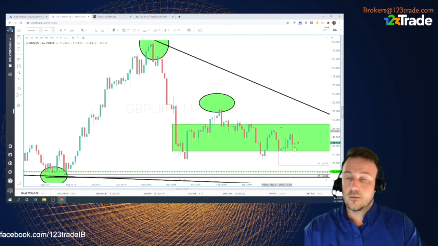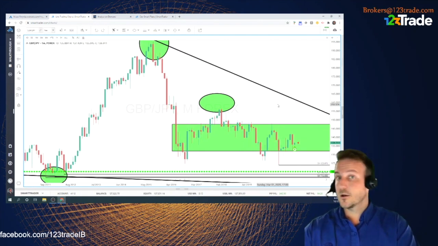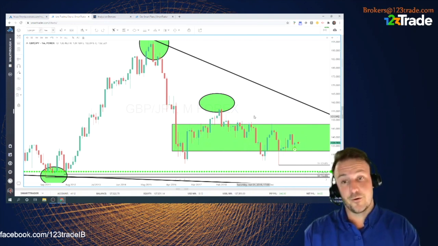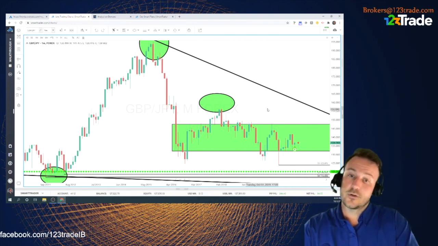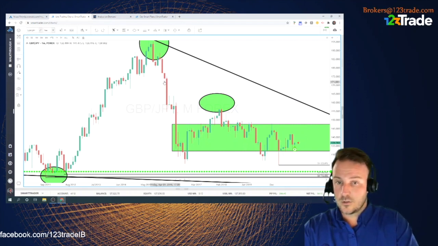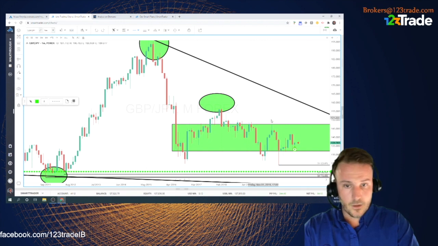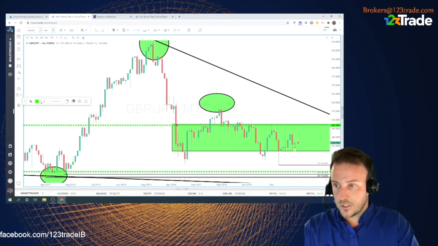So this may take some time for us to get there. It could get there next month. It could get there next week. It could be there tomorrow. So that's the cool thing about a pending order, is that I don't have to wait. So what I'm going to do, I'm going to go ahead and draw a line where I'm planning on getting in. And this is going to be my home run trade that I'm looking for,